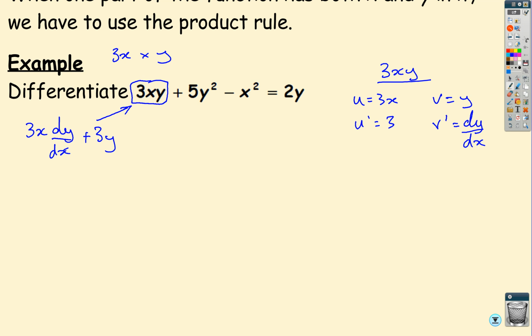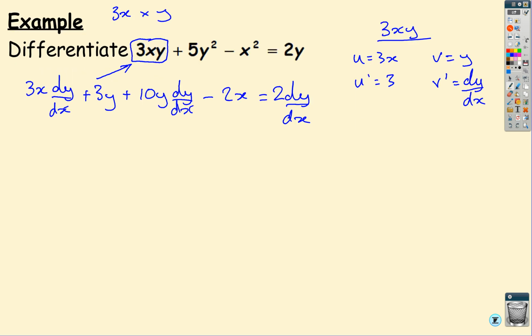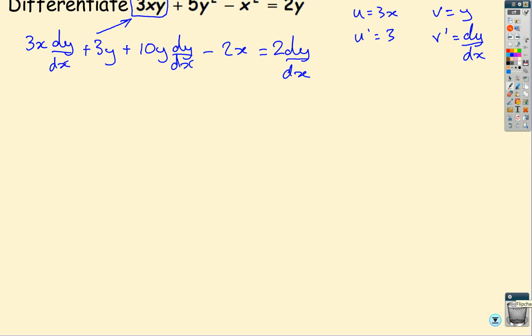So let's differentiate 5y squared, so we'll get 10y dy by dx, take away 2x, equal to 2 dy by dx. Okay, so we've got lots of dy by dx terms there, but you just do the exact same thing as we did in the first example. Bring all the dy by dx's to one side, all the terms without dy by dx to the other side, common factors, and simplify. So our next line of working might look something like this: the 3x dy by dx term